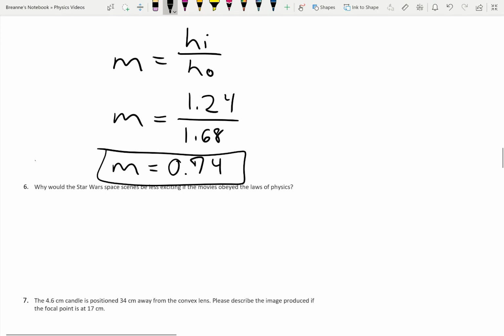Question 16: Why would the Star Wars space scene be less exciting if the movies obeyed the laws of physics? The biggest thing,